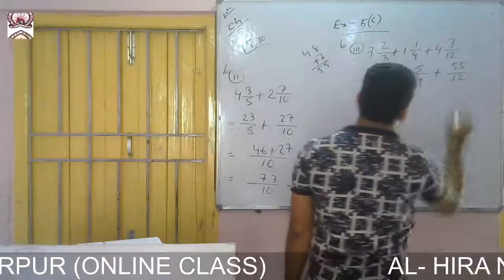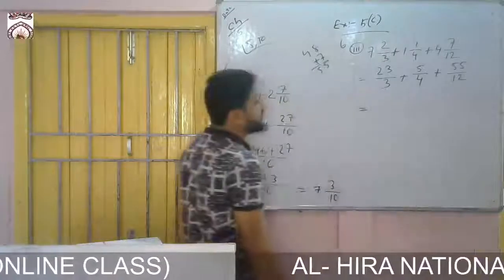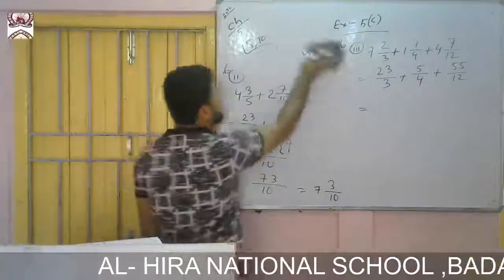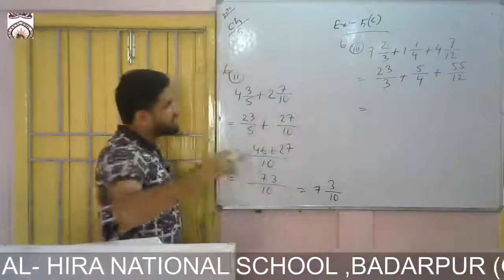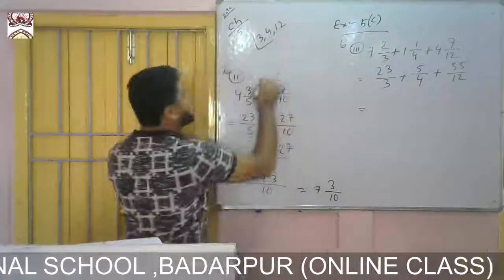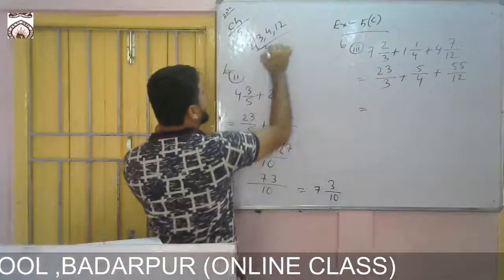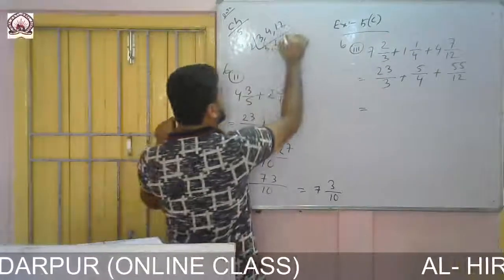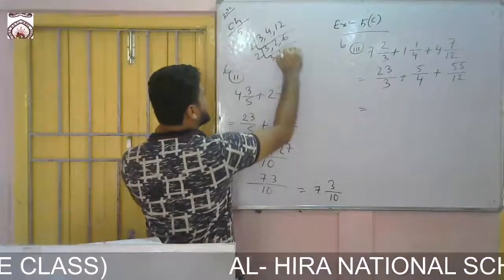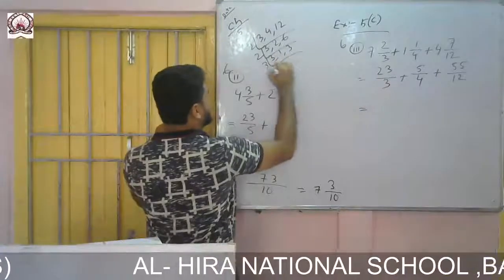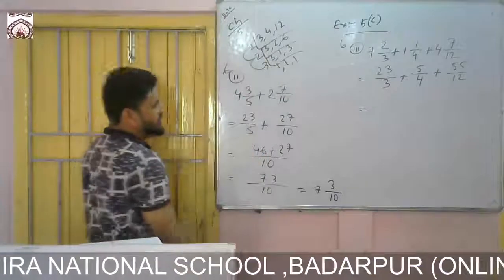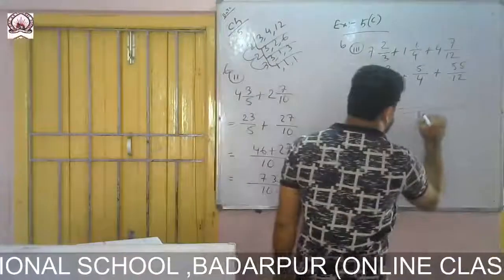Okay, now you take the LCM of 3, 4, 12. This 4 and 12 we can divide with 2. So let's start with 2 and keep this 3. So 2 2s are 4, 2 6 are 12. Again 2 and 6 I can divide with 2. Keep this 3. Now with 3, 1 1 1. So 3 2s are 6, 6 2s are 12. So 12 is the LCM.